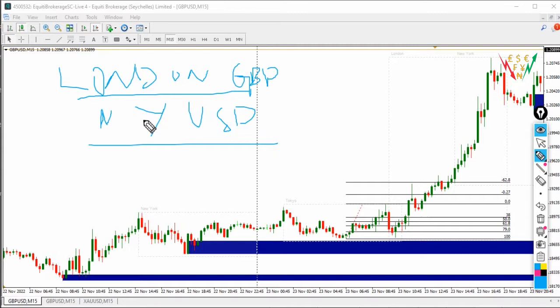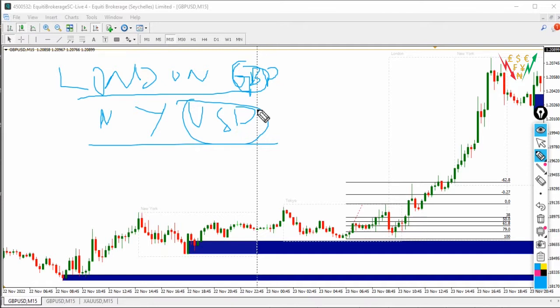Now remember guys, when you're trading Forex, you're trading pairs especially, and you're dealing with two currencies here. You're dealing with the pound in this case, and also the United States dollar. Think about these currencies as what? Countries. In fact, that is exactly what they are. So you're dealing with two different currencies and also two different countries. One of them is England, and the other is the US, pound USD.